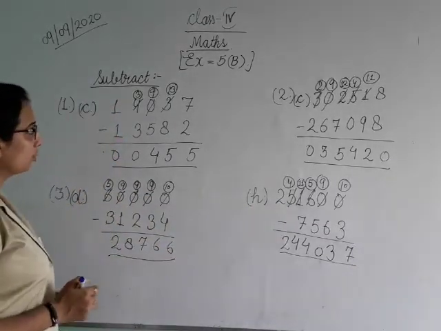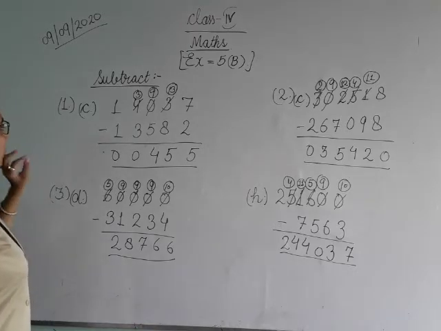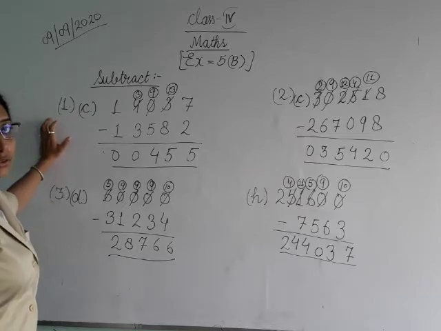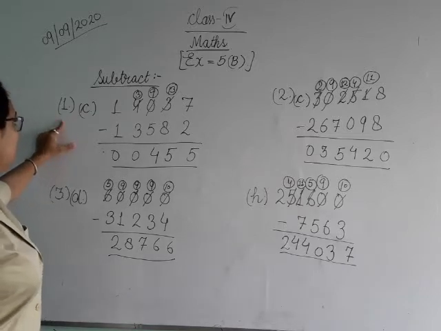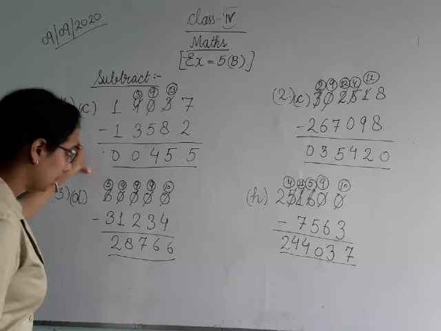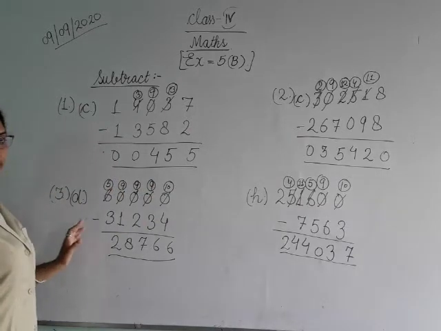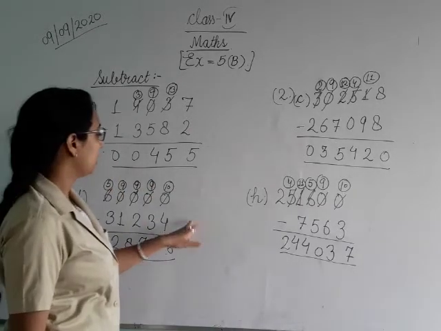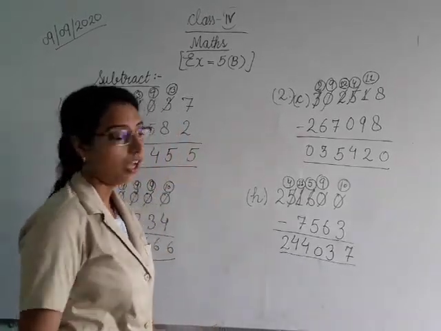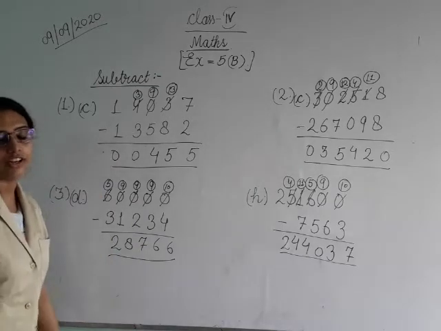Dear students, I hope you have understood this type of subtraction. The remaining questions you have to do as your homework. For example, 1A and B you have to do from homework; C we have already done here. 2A and B homework. 3A, B homework; D we have completed. E, F, G homework. Then H we have completed here only. Understood? You may complete this work by pausing the video.